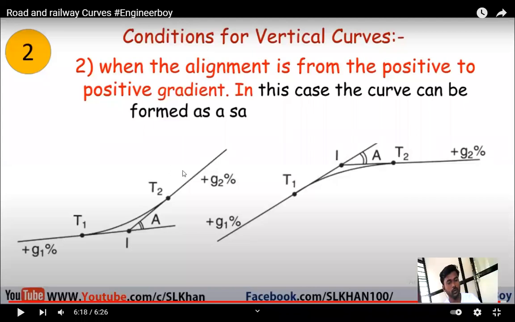This is short information about the horizontal curves, and whenever we are talking about the horizontal curves,